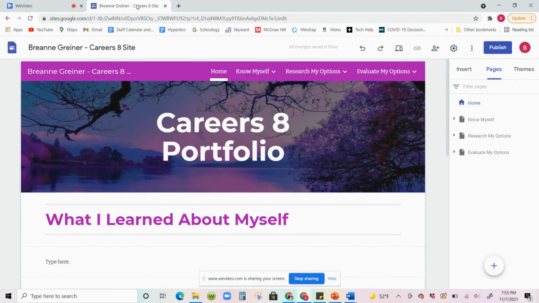Now that the creation of your portfolio is done and everything is set up properly, the last thing you'll have to do is publish your website, because while you can see everything you do and while Google Sites will save everything on your end, I will not be able to see any of your work without it being published. And so, how you're going to do that is over on the upper right hand side is a blue publish